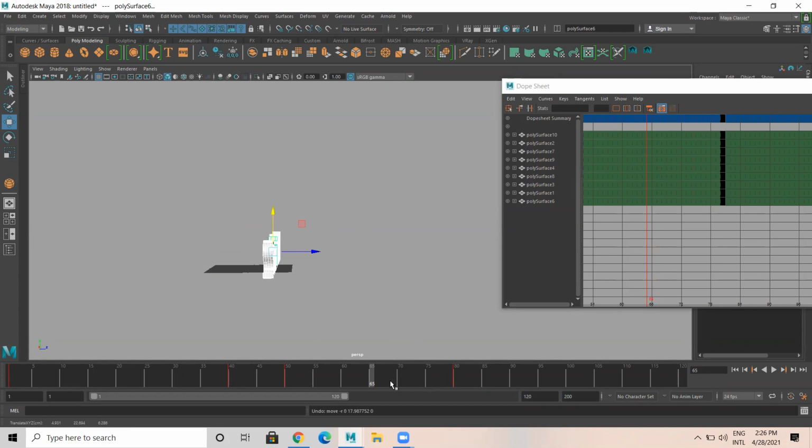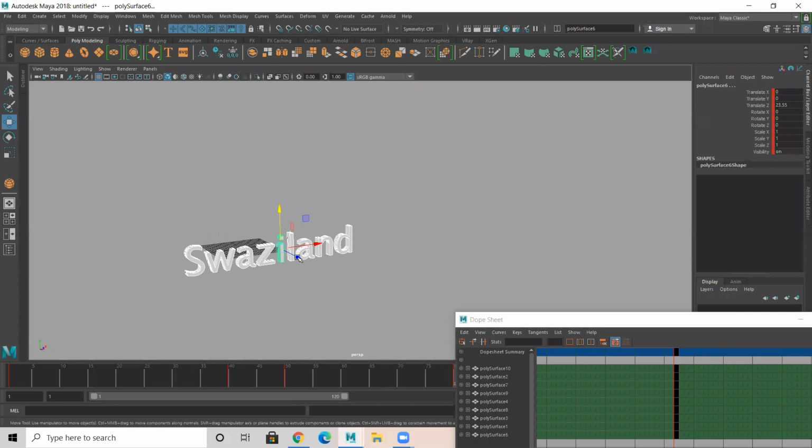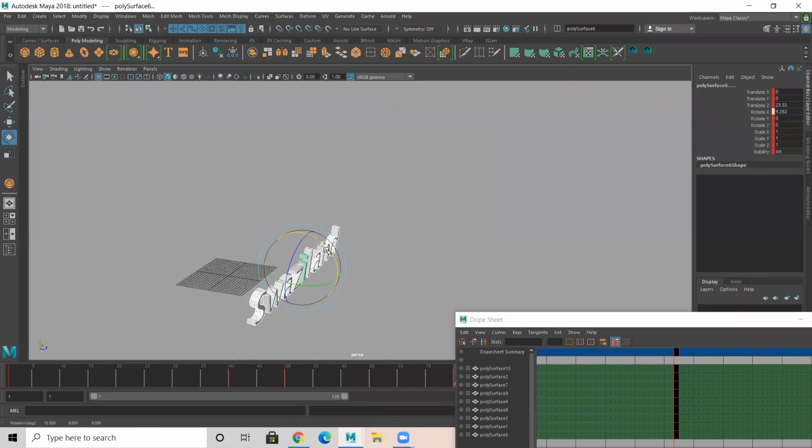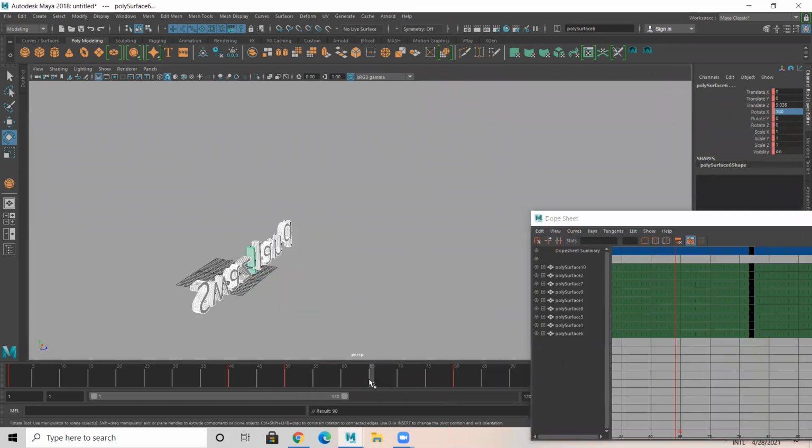Okay, let's say at 80, right? At 80, what I'll do, I'm gonna rotate these guys like this. One flip. So it is a 360-degree rotation, set key, at 80. At 65, what I do, I would like to place all this a little bit up, let these guys jump, flip, and come. Okay.